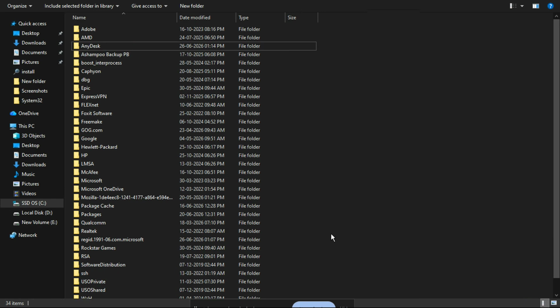And that's it. You've now learned how to uninstall AnyDesk in PC and remove the leftover folders for a cleaner